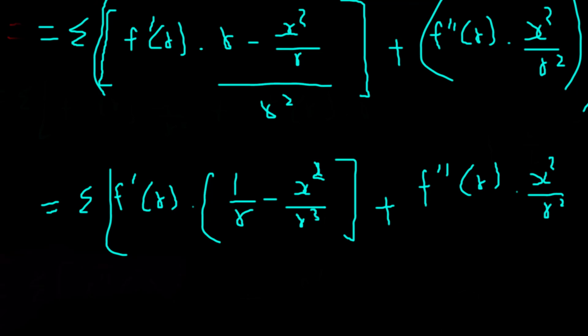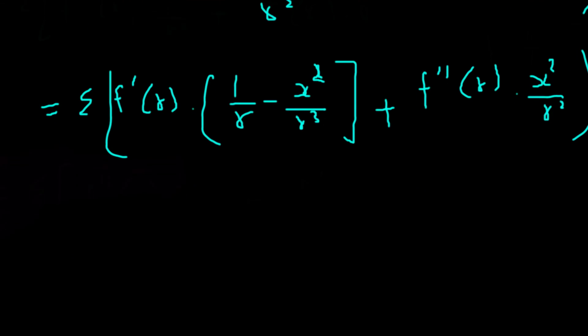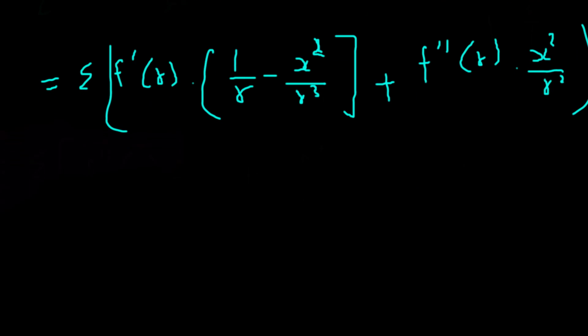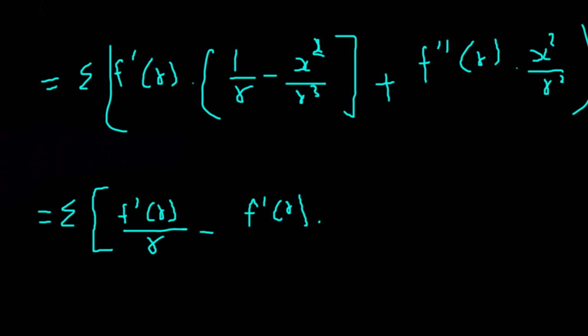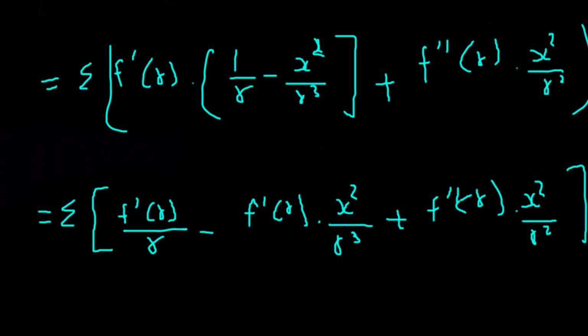so we can't simplify it much. Let's just write this thing as it is. Okay, let's see whether more simplification is possible or not. Yeah, it's possible. Let's just simplify it a little bit more. It will be f dash r by r, this multiplication by this, and f dash r by x square by r to the power 3. Okay, plus, yeah, it's already simplified. This is already simplified. Okay,